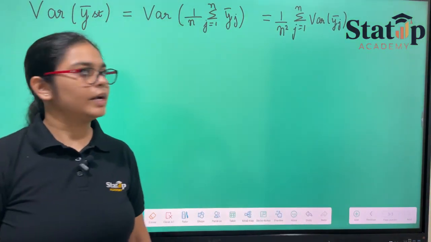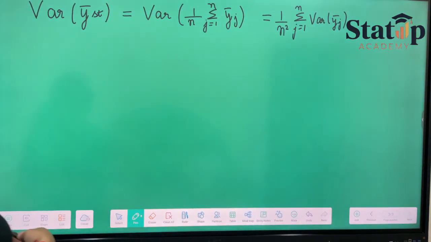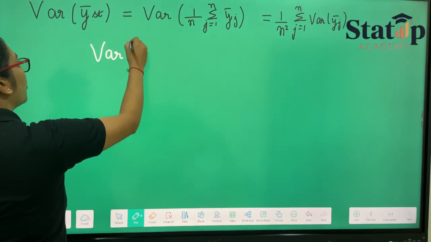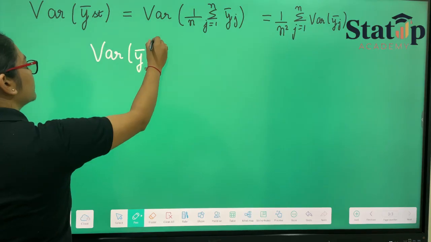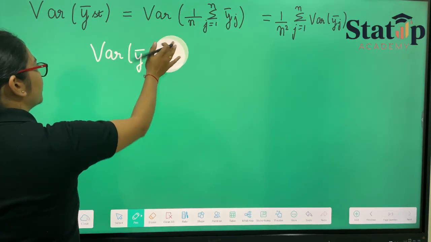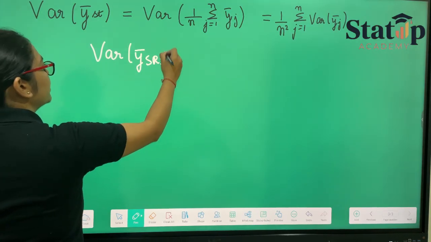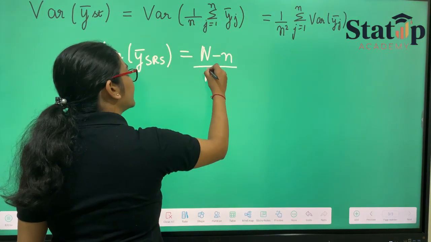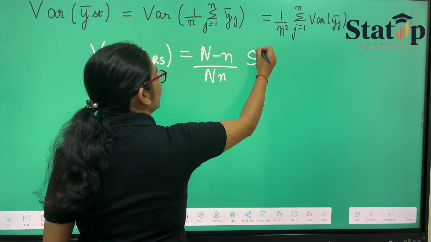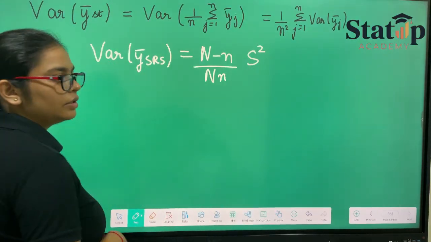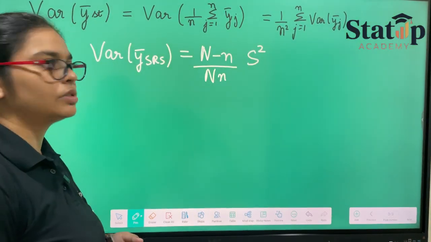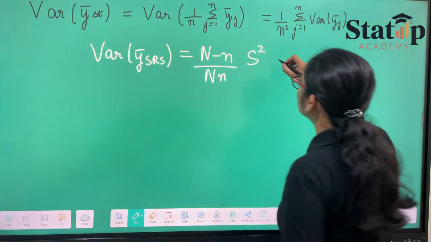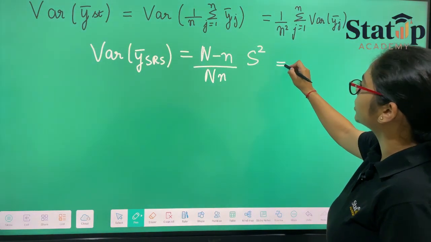Now, variance of y bar j. If we express it in terms of, we know that variance of y bar in simple random sampling is nothing but capital N minus small n upon capital N into small n, s square. So in this term, capital N is the population size and small n is the sample size. So population size here,